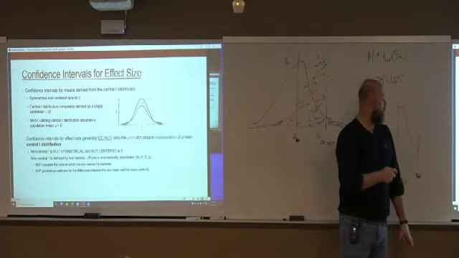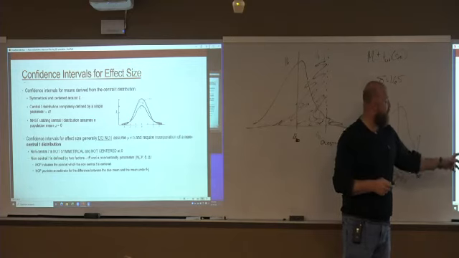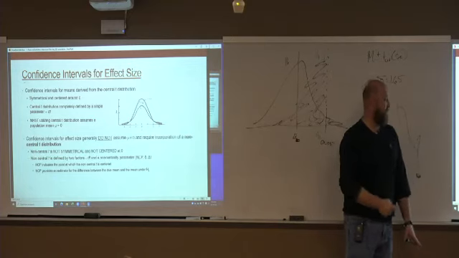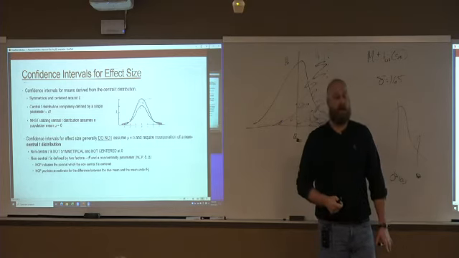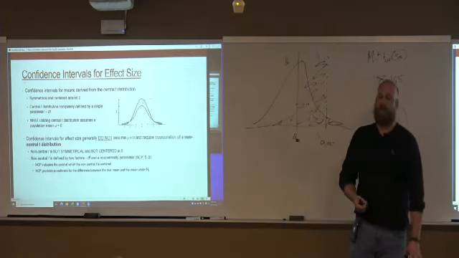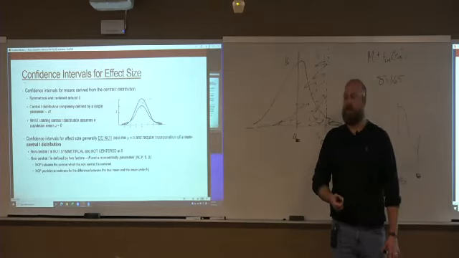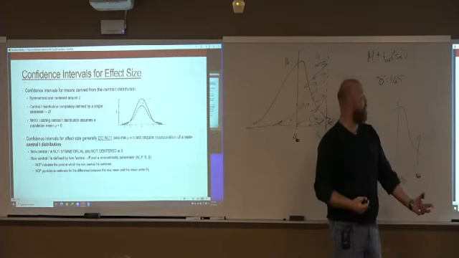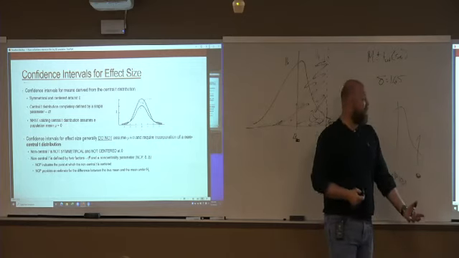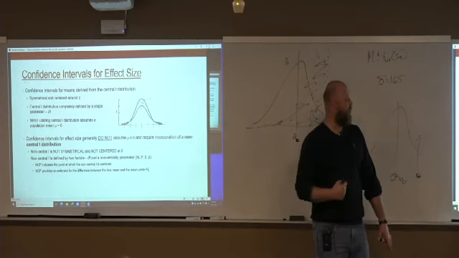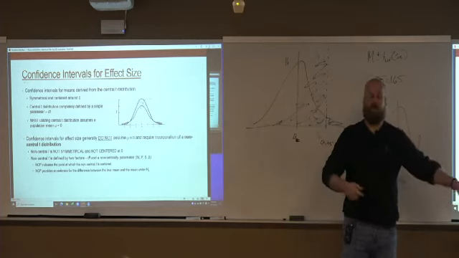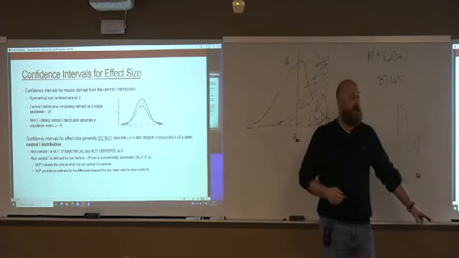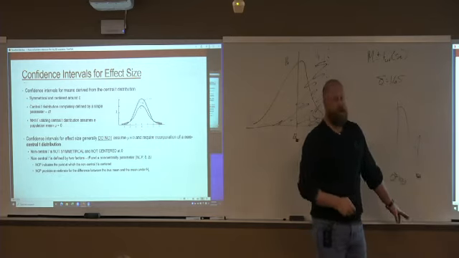But if I'm trying to calculate a confidence interval around an effect size, okay, if I have an effect size, the assumption is that my effect size is not 0. The assumption is my effect size is something as opposed to nothing. And so if I assume that I have an effect size where my mean relative to my null is not equal to 0, now all of a sudden I'm having to shift over to